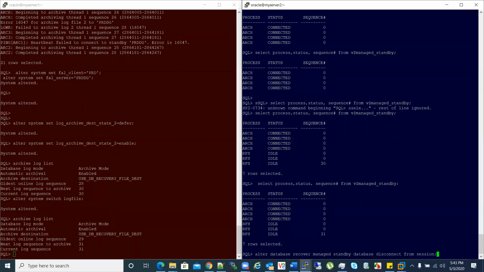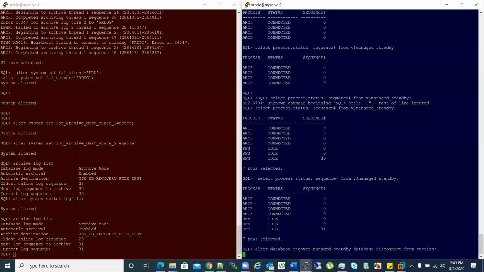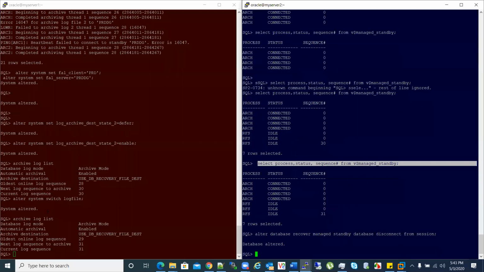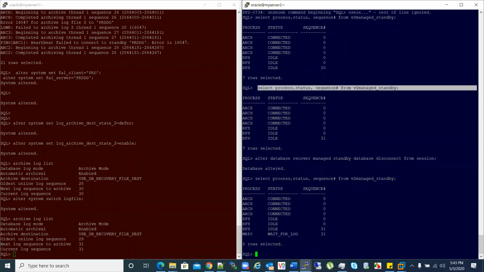This is alter database recover managed standby database disconnect from session. So basically whatever archive logs are coming here in standby, it will start applying it. So if you see here, an additional process is started, which is for applying these archive log files to the standby database.